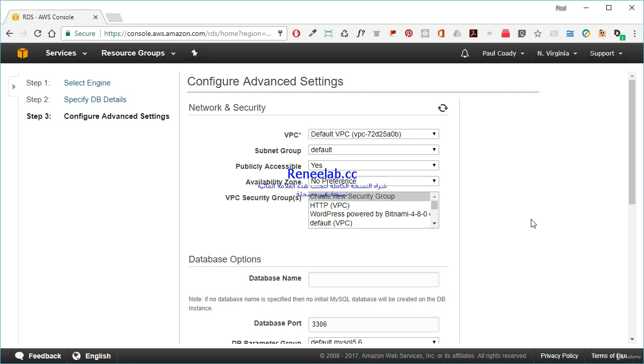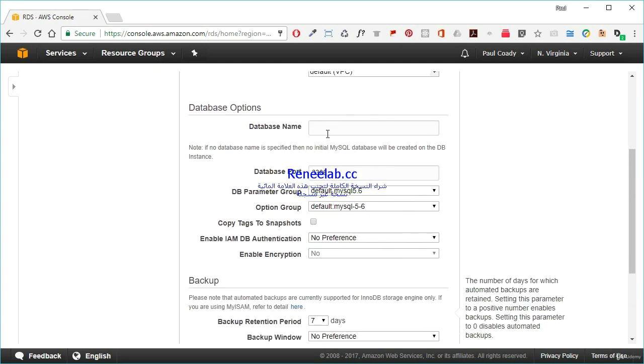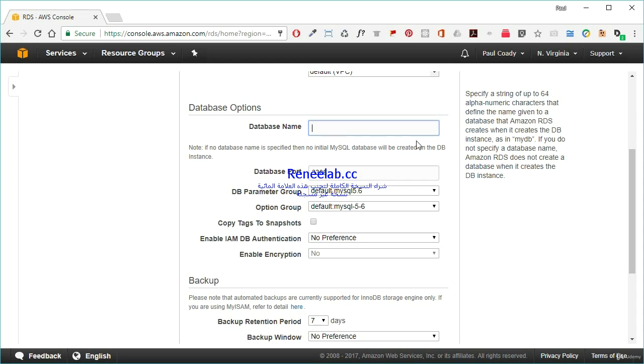Now, we don't need to configure any of these advanced settings for network and security. We just leave the default settings as they are, but as we get more into RDS and other services later on in the course, we'll be getting more involved in this sort of stuff. But for now, we just want to dip our toes in the water with AWS. Now we have an option to create a database on